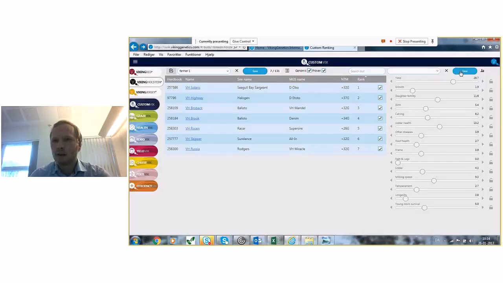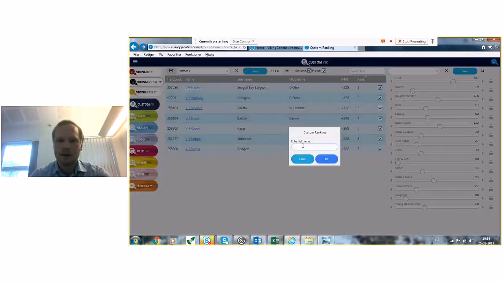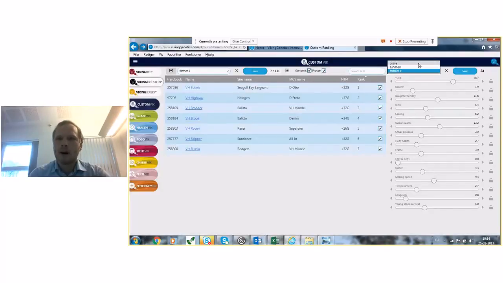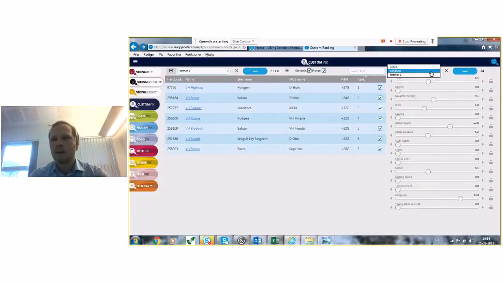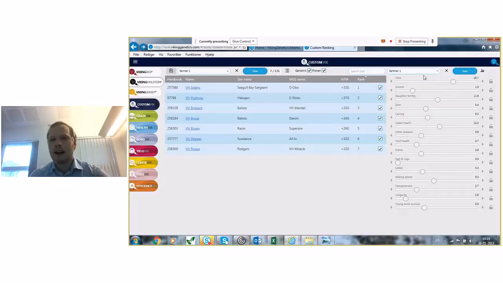So you press this one, save, and then Farmer 1, like I also saved over with the bulls. Press OK. And then you can see I already pressed 2 different ones. So this one here was a bit more focused on health traits. But if in 6 weeks or in 3 months I'm coming back to Farmer 1, I just put this one in, and then exactly his strategy is still here, so you don't need to remember it. It's already saved in here.